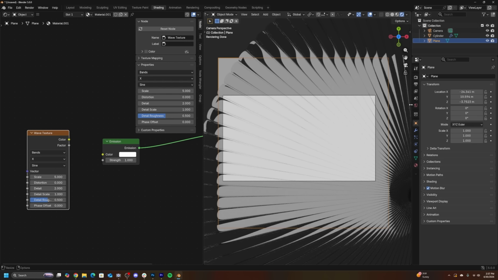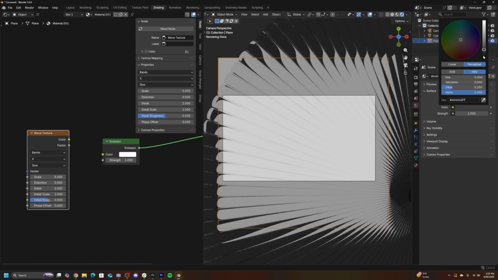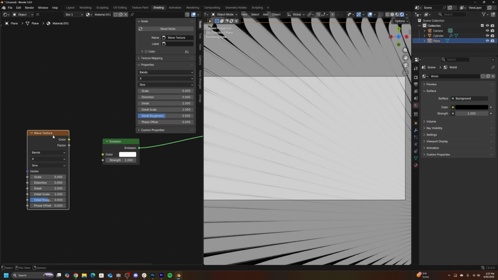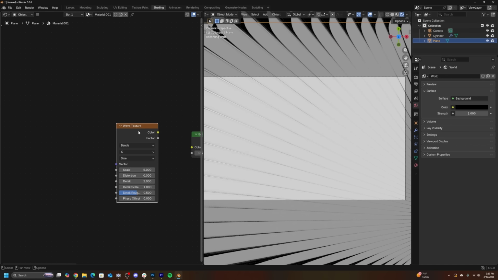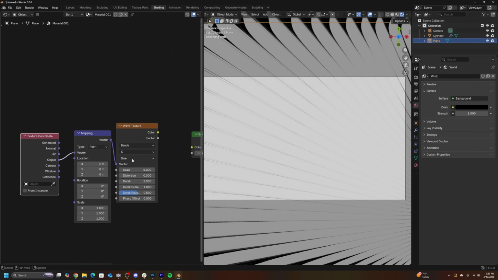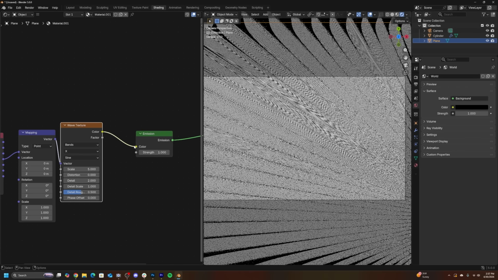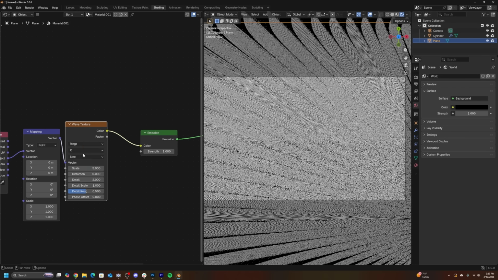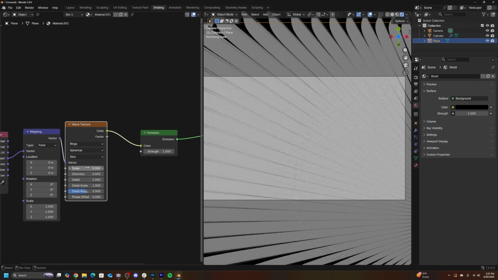Also, while I'm thinking about it, go here to the world and bring your world brightness down to black. Okay, back to the wave. So if you have the Node Wrangler add-on enabled, it comes with Blender by default. I'm gonna hit Control T, or go ahead and get a mapping node and a texture coordinate and plug object here, wave texture here. I'm gonna go from bands to rings, X to spherical,